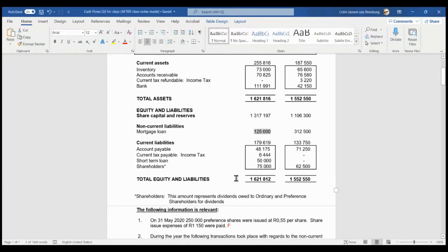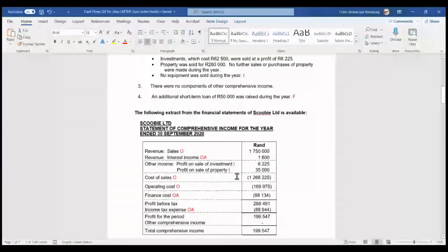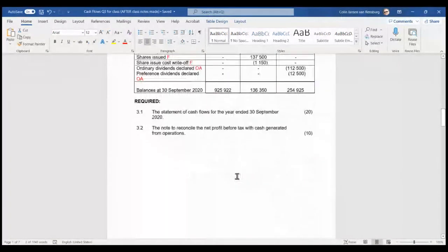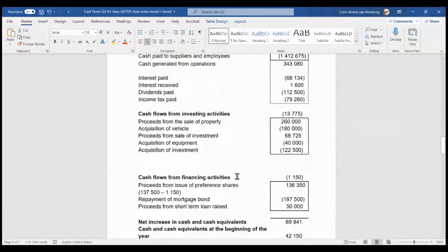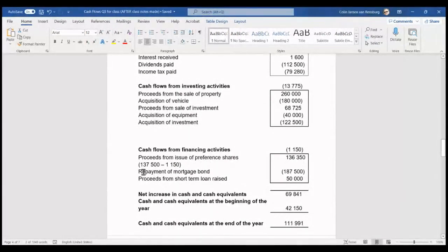So let us go and see in our statement of cash flows. We look for our financing activities so that we can go and insert that amount there. So there we find our financing activities. We see that we've described it exactly as we've just mentioned. Repayment of, or repayment on, because we haven't actually completely repaid the mortgage bond. So personally, I would have described that as repayment on the mortgage bond. And as you've said, it amounts to